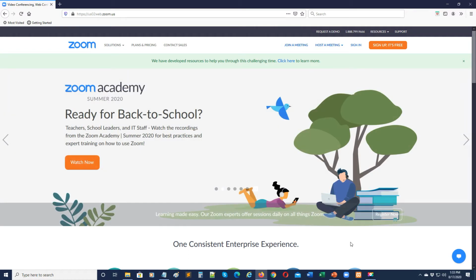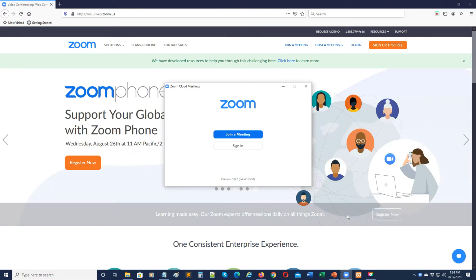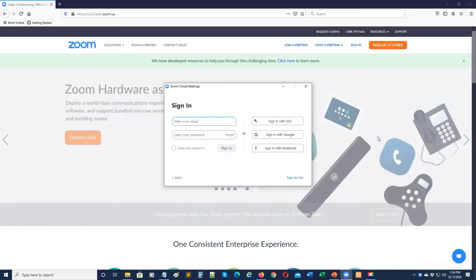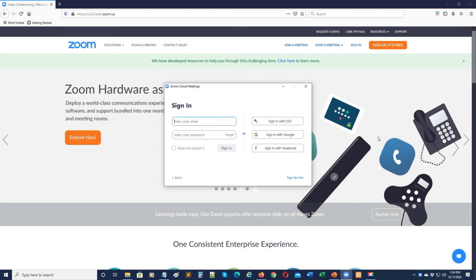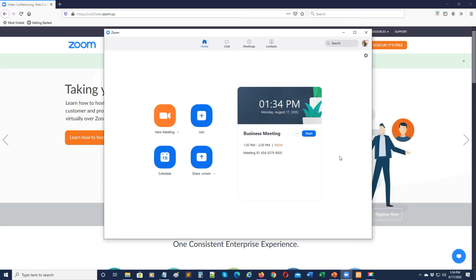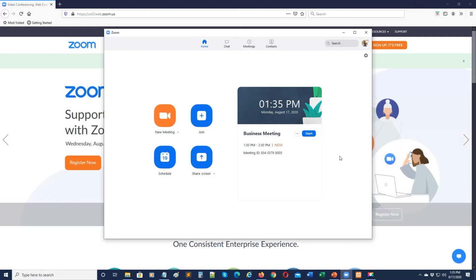The first thing you need to do is to launch your Zoom software. Now that my Zoom software is open, I'm going to just simply sign in to my account. So I'm going to type in my username, which is my email, and my password. And then I'll click sign in. So now as soon as I sign in, as you can see, I am in my Zoom dashboard where I